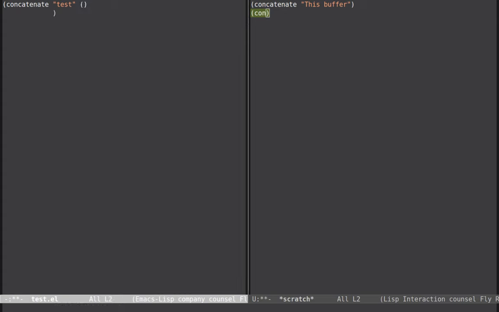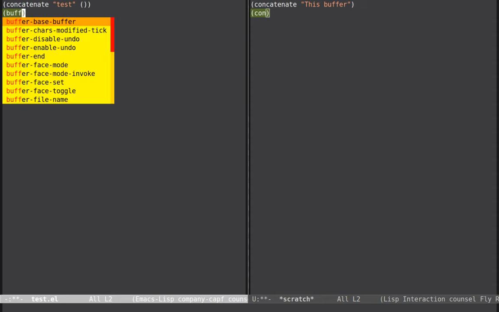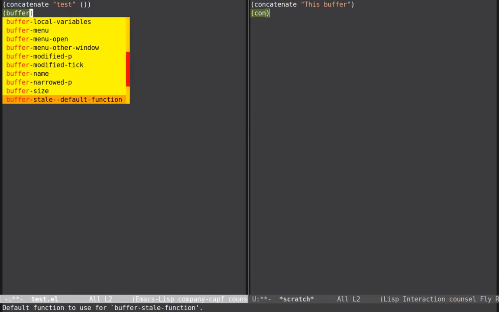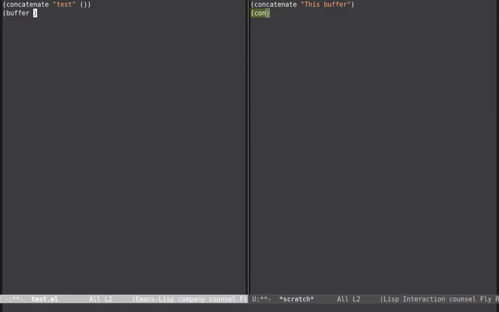Did that, let's see, what do we have? What's a variable name? Buffer. Yeah, this doesn't show me any of that stuff. Buffer end. Buffer end is a, these are all methods, it looks like. So wait, maybe it's smarter in that it's only showing me that. So let's try